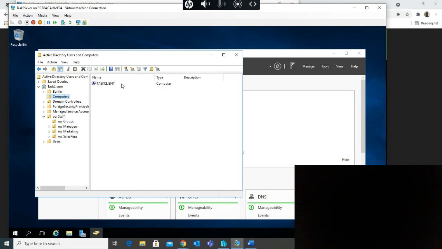Now, as you can see, we have our one computer that has joined the domain. Now we have the task client as our computer in the domain. So it has joined the domain. This is one way of seeing if your computer has joined the domain. You can see it here. Alternatively,